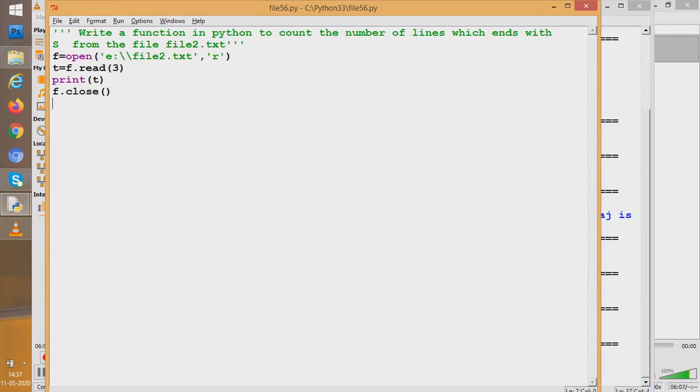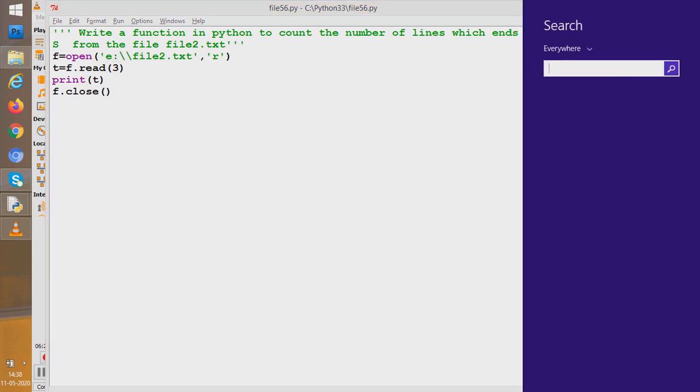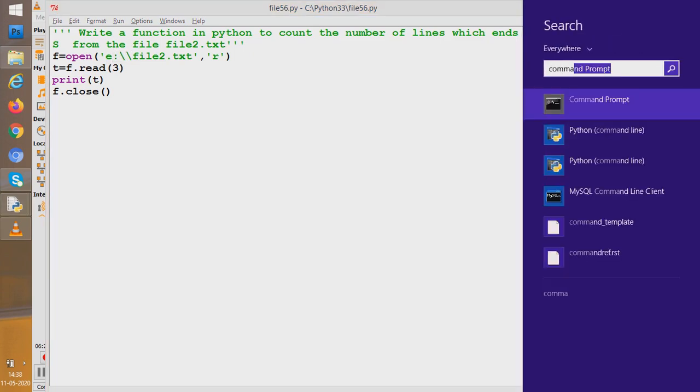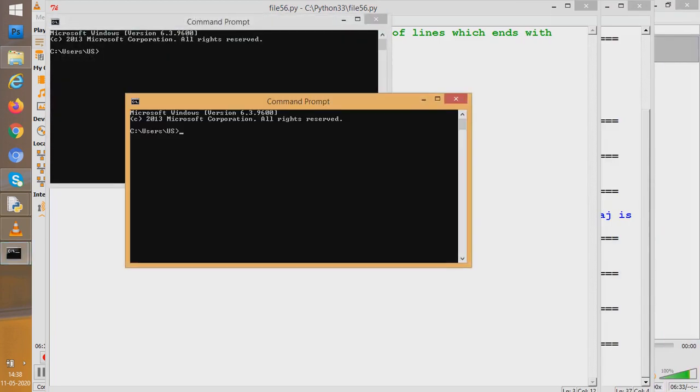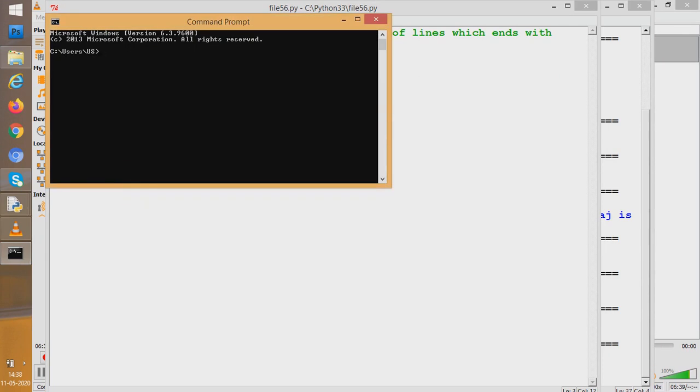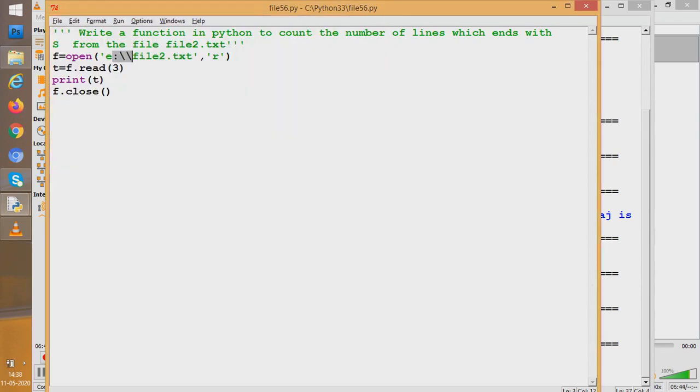One more thing, see here, we are using double backslash while we are giving the path. But in normal operating systems, we use the path with one backslash. So how should we understand that? Let us go to, say, the command prompt. This is the command prompt, where we'll open the command prompt and understand it. See, if you are seeing here C colon, then we have users, and then what we have? Again US. But how many backslashes in between? Only one backslash. But why do we need two backslashes in Python to give the path?